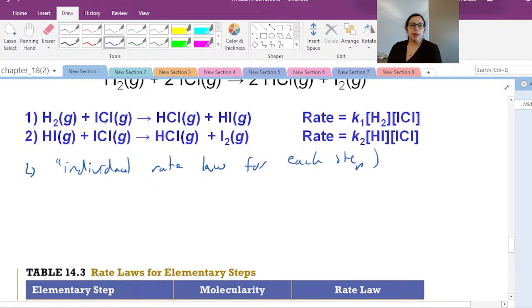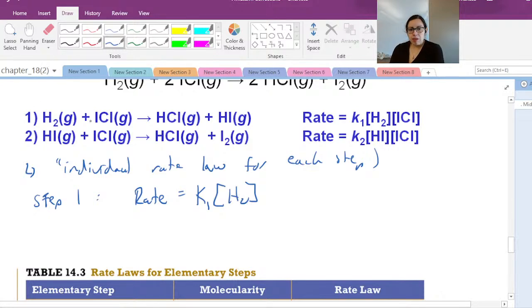And again, right from our mechanism, so now we can kind of break it down. So we're saying, okay, well, step one, and again, I'm just rewriting what's shown here. In our step one, some rate is just going to equal whatever constant. We don't have any numbers, we're just writing this out. And then two things are coming together, one equivalent of H2 and one equivalent of our iota chloride. And so that just gives us our very general rate there.